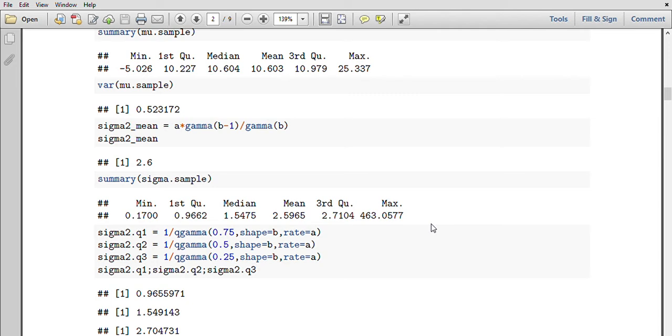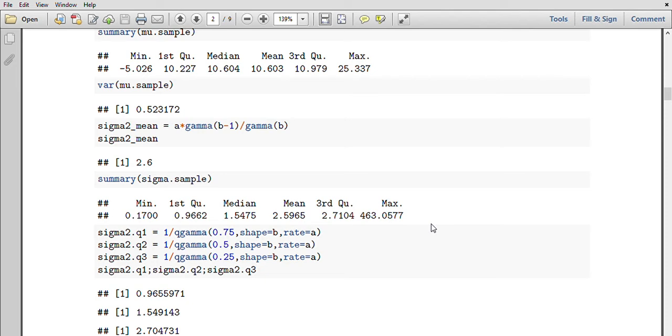So here the target distribution was inverse gamma. So how do I know whether I have actually generated a sample from inverse gamma, whether the sampling procedure was right or wrong? There are simple ways to check this. Either look at the histogram, or you can look at the quartiles and compare the population quartiles with the sample quartiles, or you can compare the population mean and variance with the sample mean and variance. So there are various ways to judge whether simulated observations are actually coming from the target distribution or not.